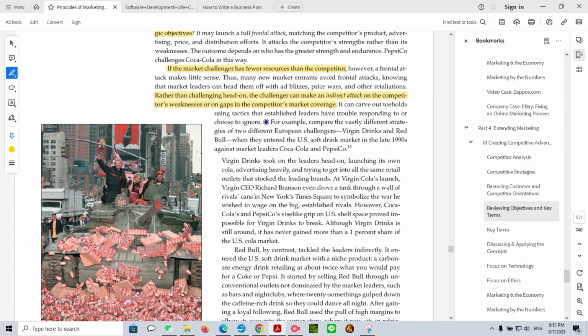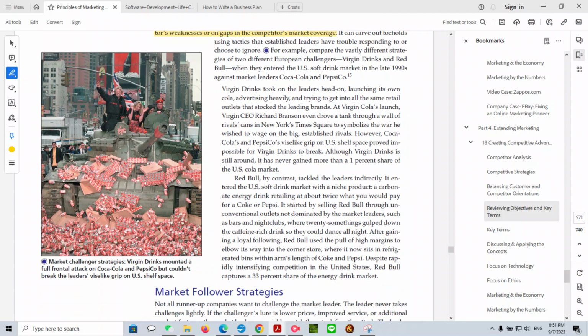Red Bull, by contrast, has tackled the leaders indirectly. It entered the U.S. soft drink market with a niche product, a carbonated energy drink retailing at about twice what you would pay for Coke or Pepsi. It started selling Red Bull through unconventional outlets not dominated by market leaders, such as bars and nightclubs, where 20-somethings gulped down the caffeine-rich drink so they could dance all night. After gaining a loyal following, Red Bull used the pull of high margins to elbow its way into the corner store,